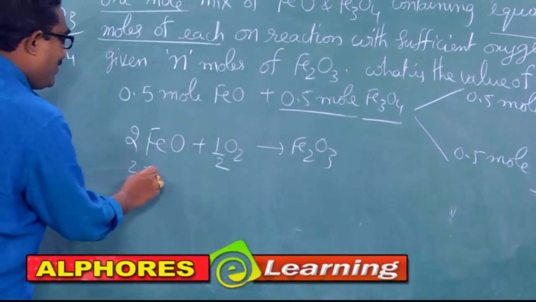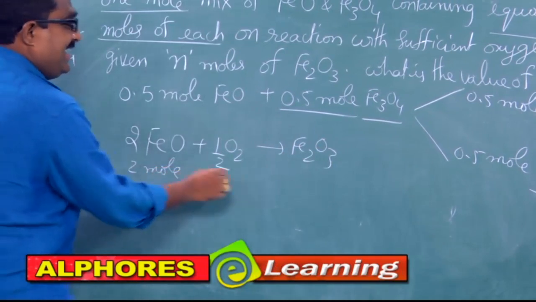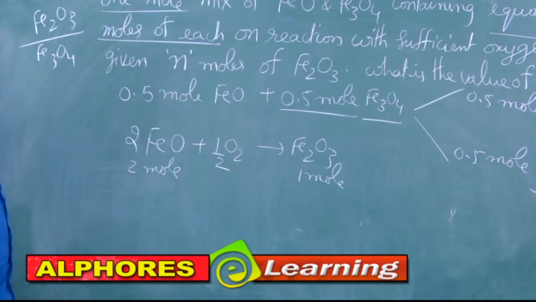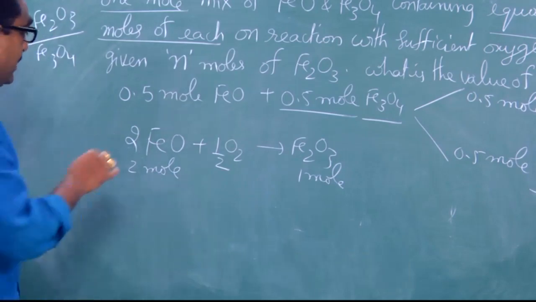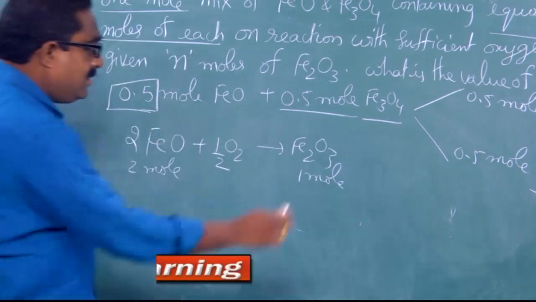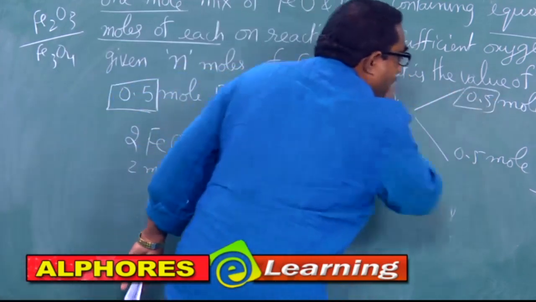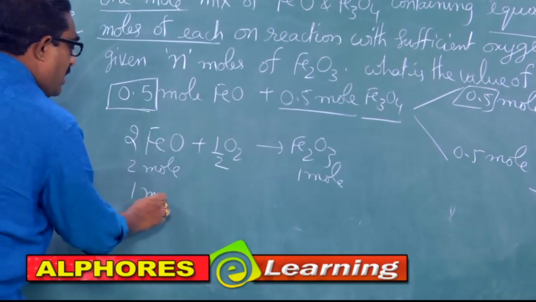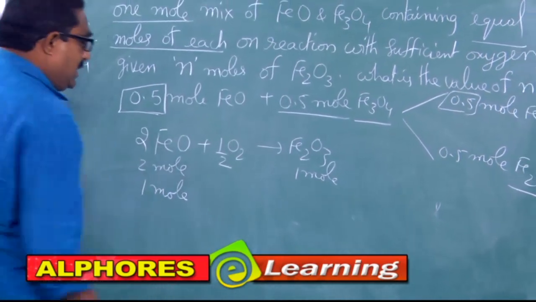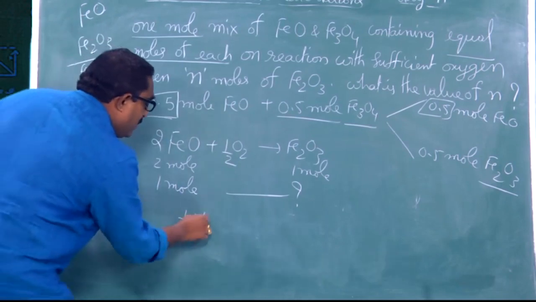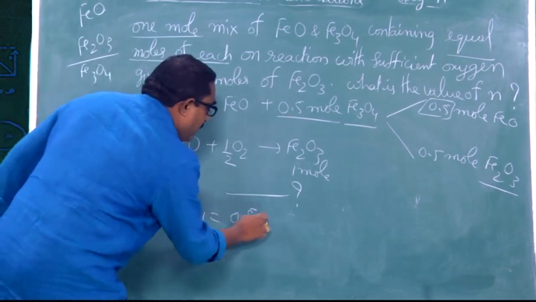Here 2 moles gives 1 mole, right. But total how many moles of FeO is there for us in the given data? 0.5 mole here and 0.5 mole here. Total 1 mole. Then how many moles will you get? So, 1 by 2 into 1, that is 0.5 mole